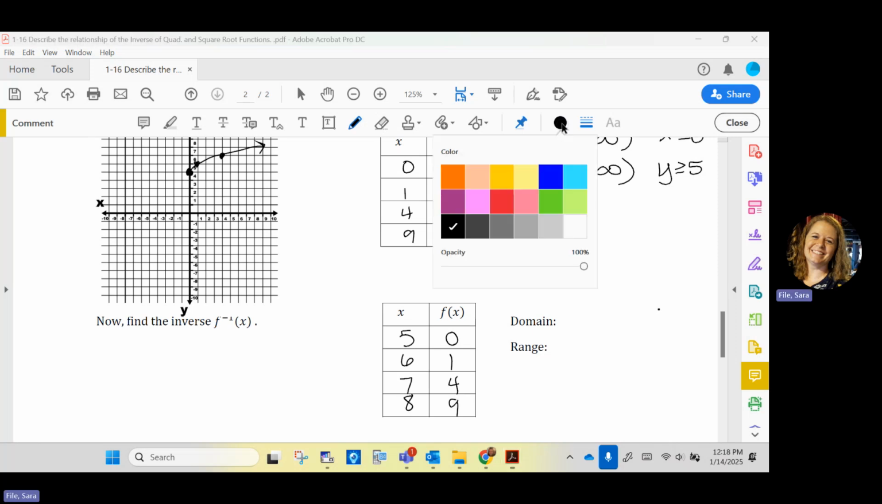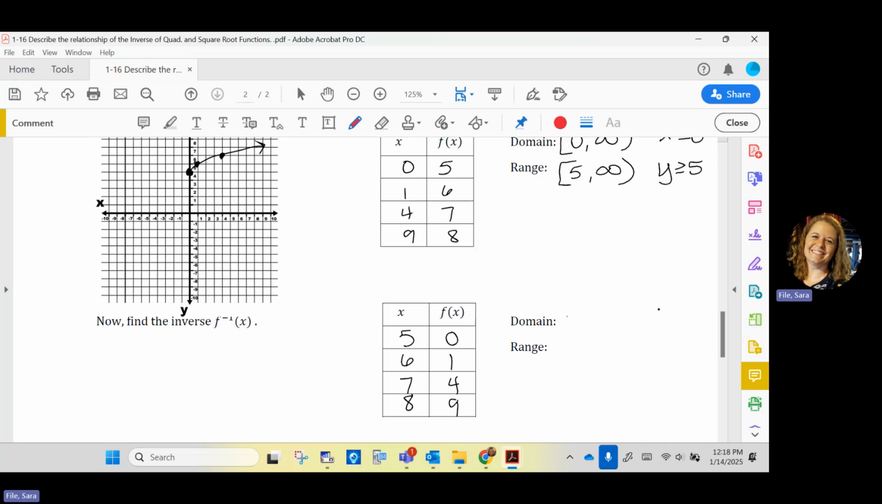And I meant to do this in a different color again, dang it. So the domain here will now be x is greater than or equal to 5, and the range will be y is greater than or equal to 0. Remember, the domain and range are going to switch. So then if I go to plot these new points, 5, 0, 6, 1, 7, 4,